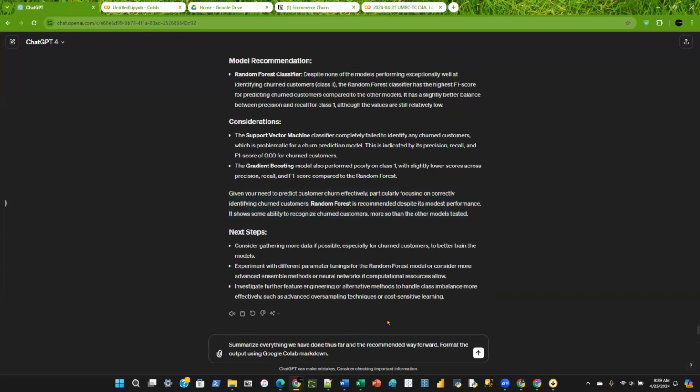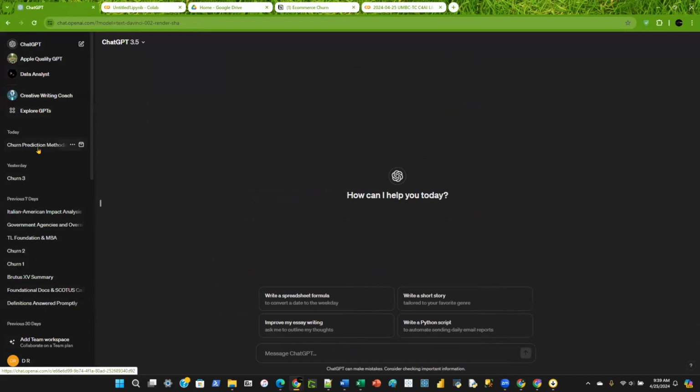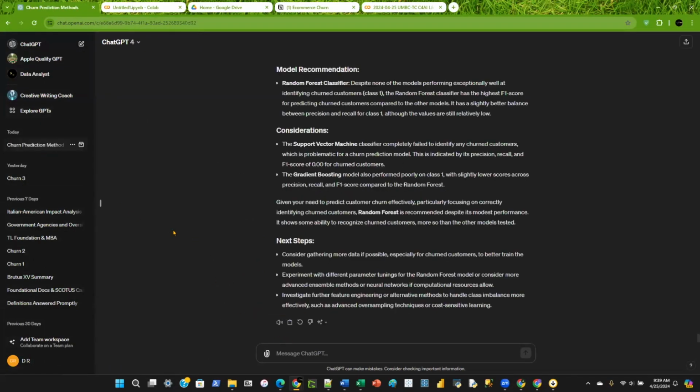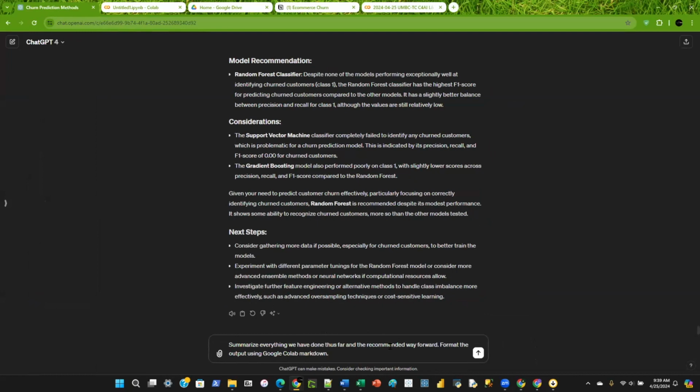And now for the last thing, and I don't care, I'll go to GPT 3.5. Oh, no, don't do that. Here we go. Let's go back here. Let's see if this works. And I've done all this work. I got everything in the Google Colab. I want to kind of patch it all up together neatly.